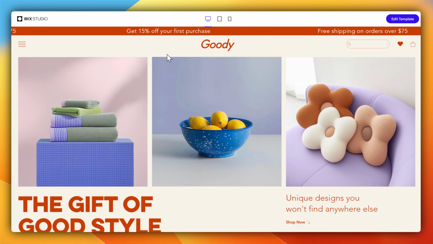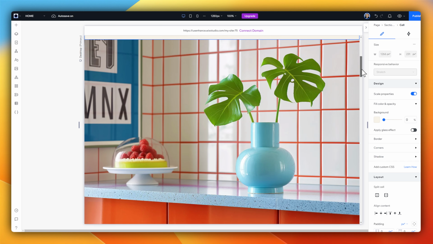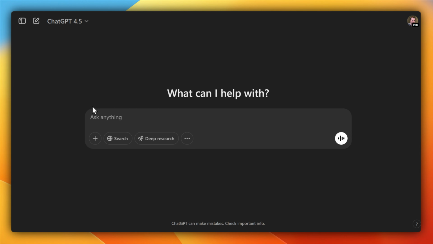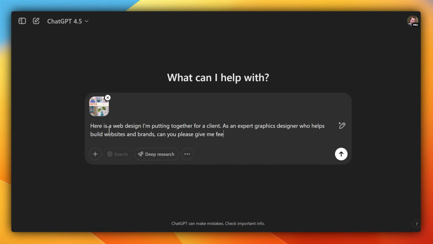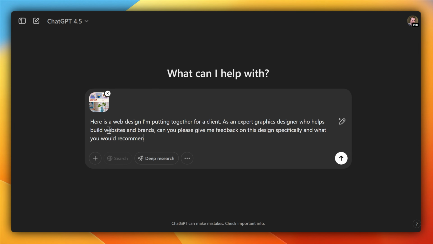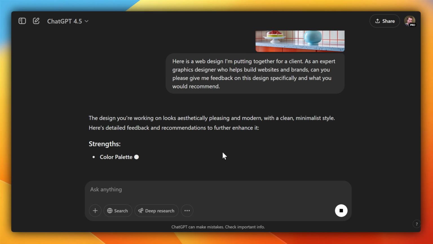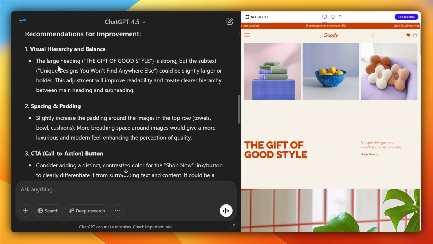For the next test, I've got this web design that I've been editing, and I wanted to see what kind of feedback ChatGPT 4.5 can give me on it, based on the design I have right now, to see if I can improve its overall look and style. This is a similar prompt to ones I've used on previous models, which haven't done very well. I was pleasantly surprised with the results because this newer model of GPT 4.5 definitely was able to give me